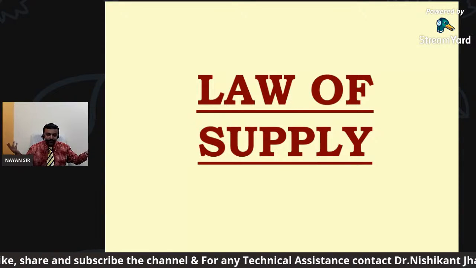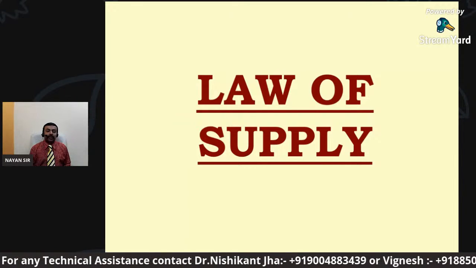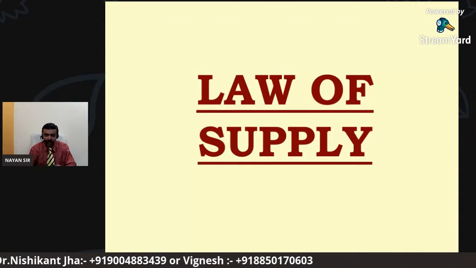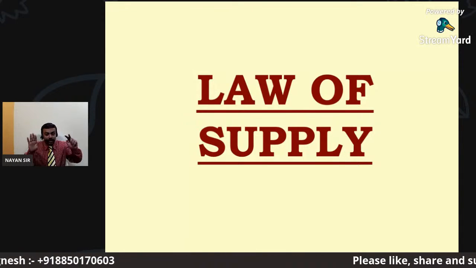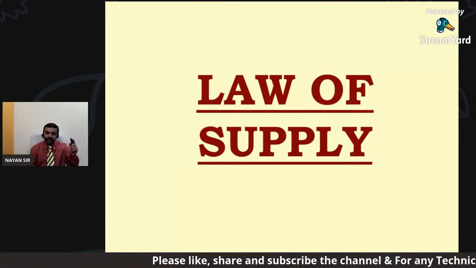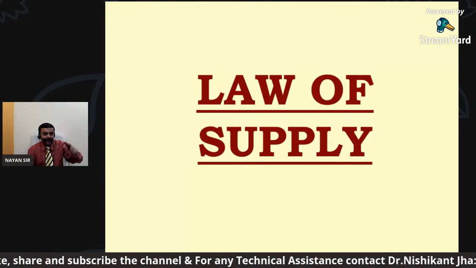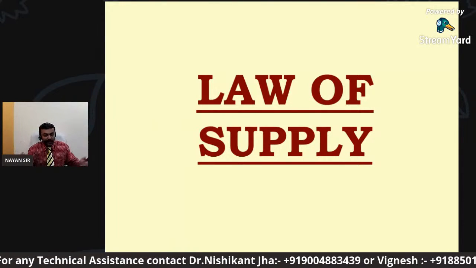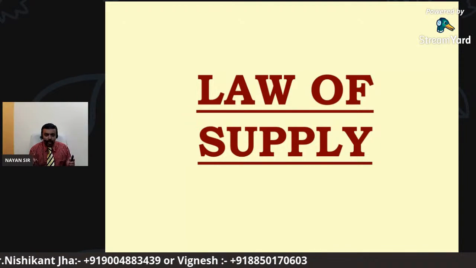1890. As we all know, the law of supply is a functional relationship between the price and the quantity supplied, not demanded. Let us see the statement of the law. Other things being constant, this word is very important. So there will be assumptions and there will be exceptions, as we have already discussed in the law of demand also. Other things being constant, that is ceteris paribus,